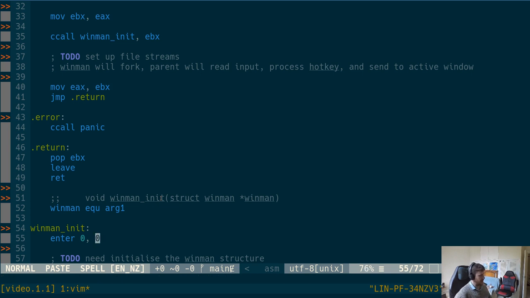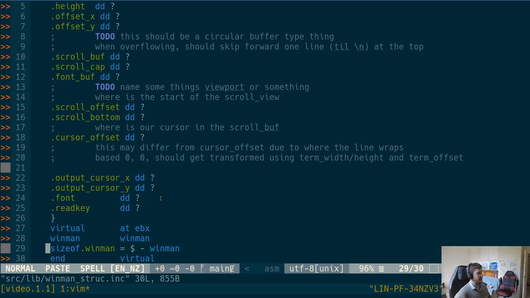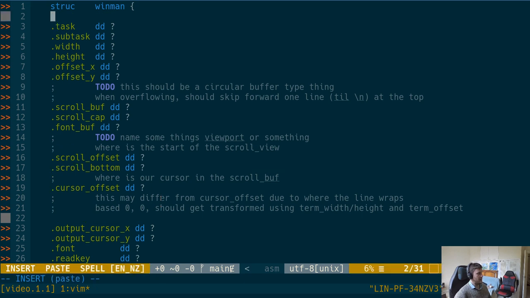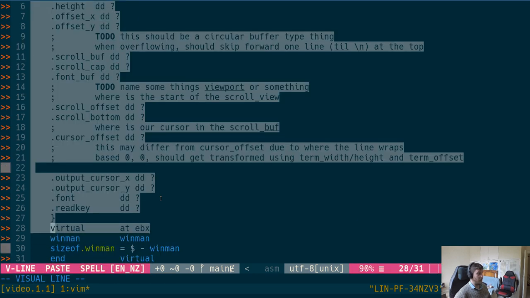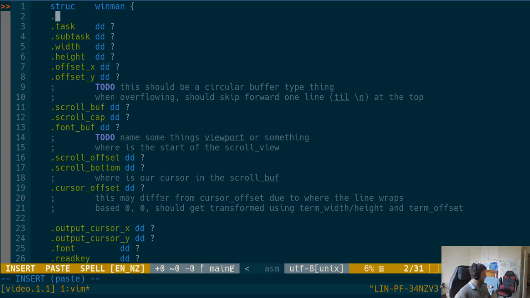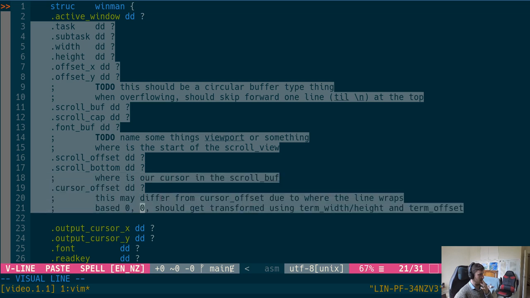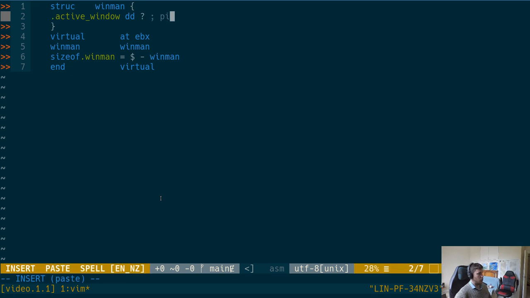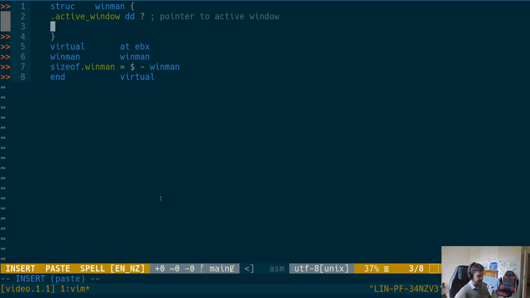So it's getting that active window. So I guess maybe if we look at our WinMan string, the window manager doesn't really need any of that, but I might just keep it until I write this one. Active window. So this is going to be a pointer to that. And do I need any of this? I don't think I do. Pointer to active window,